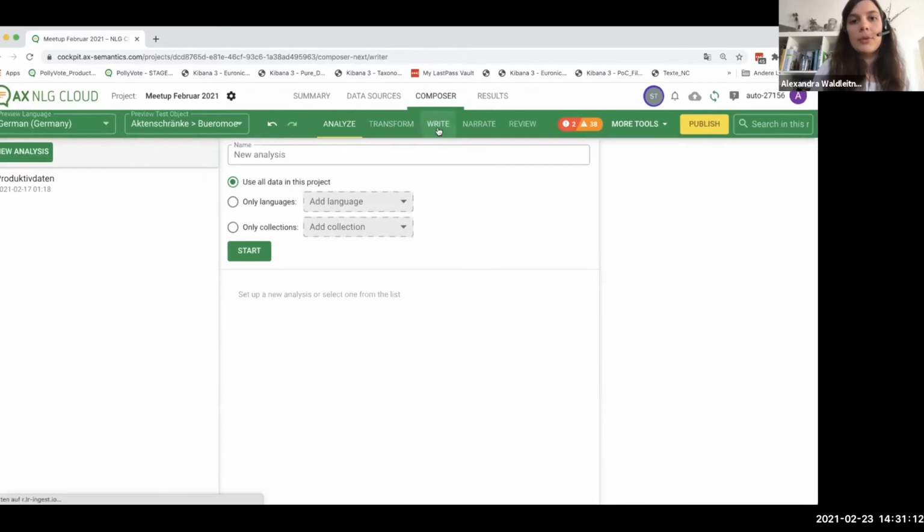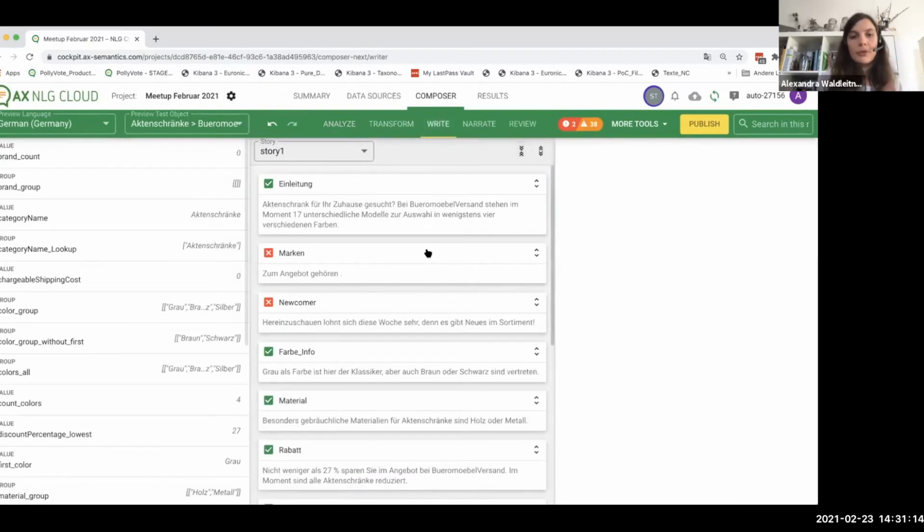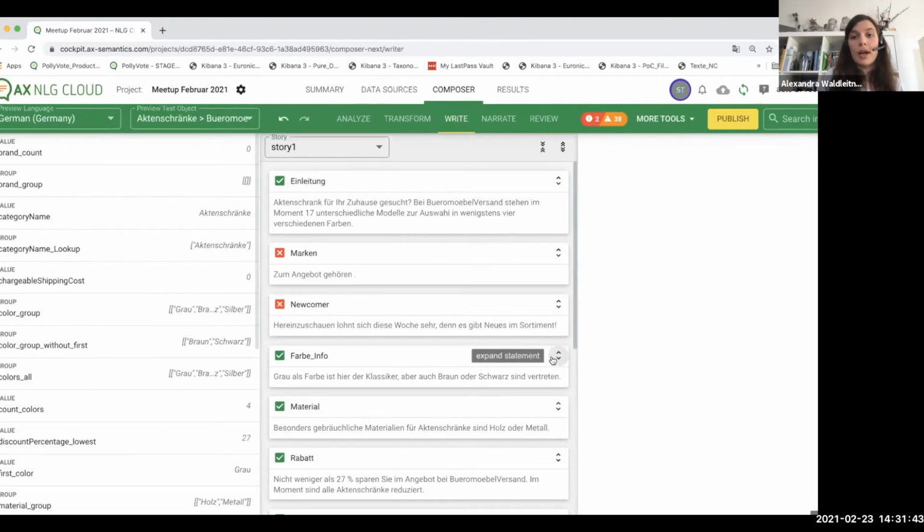In the write mode, I collected all the information around this issue. So you see these are the themes I mentioned before. We're talking about brands, about the newcomers, about color, material, and so on. Every piece of information has its own, we call it statement, these little boxes. So let's focus again on our colors. If I expand this statement,